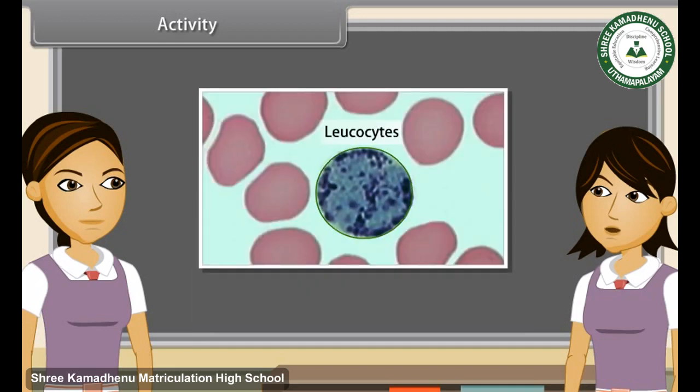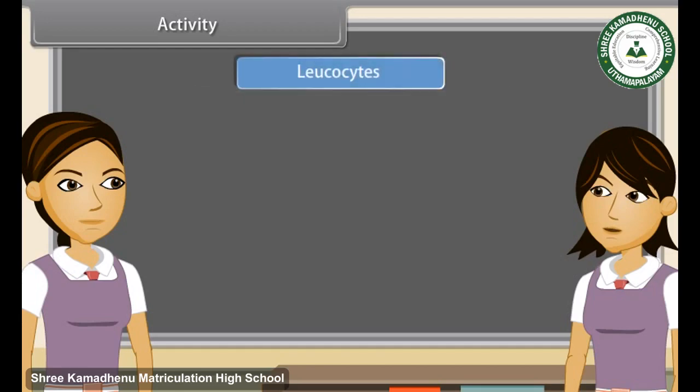Leukocytes are amoeboid, nucleated, and whitish. They are larger in size but less in number. They are of 2 types,